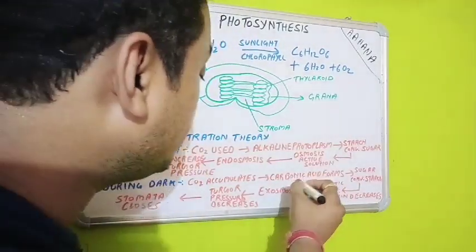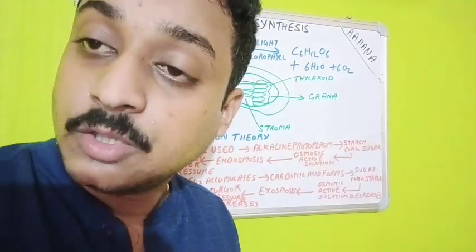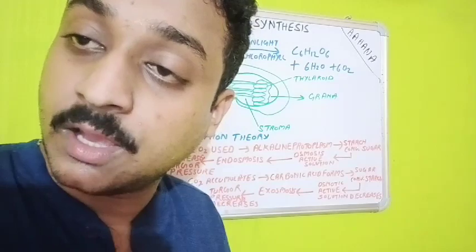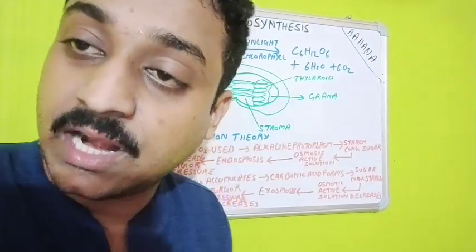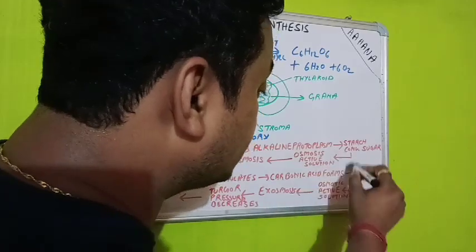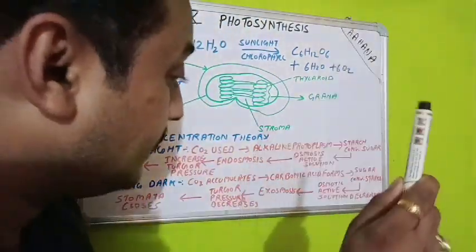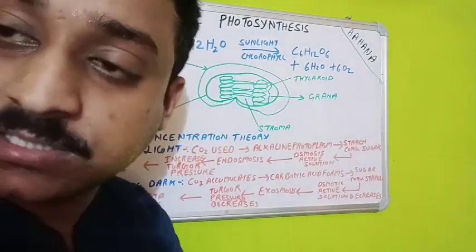So here what happens? The CO2 accumulates. CO2 क्या हुआ? डिपोजिट हो गया. जो भी दिन भर का CO2 था वो डिपोजिट हो गया और उसका कंसंट्रेशन धीरे धीरे गिरने लगा. और प्रोटोप्लाज्म क्या हुआ कि कार्बोनिक एसिड की वजह से और ज़्यादा एसिडिक हो गया. यहाँ क्या था? प्रोटोप्लाज्म अल्कलाइन बना, इसमें जस्ट अपोजिट हो गया, प्रोटोप्लाज्म एसिडिक बन गया.